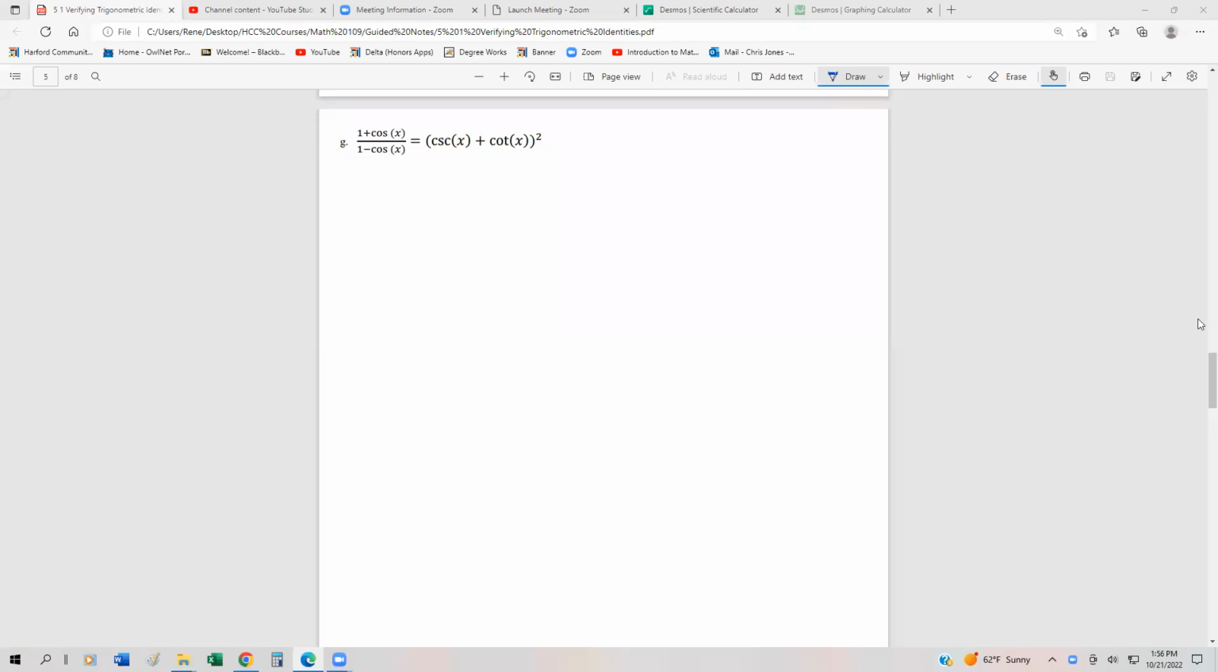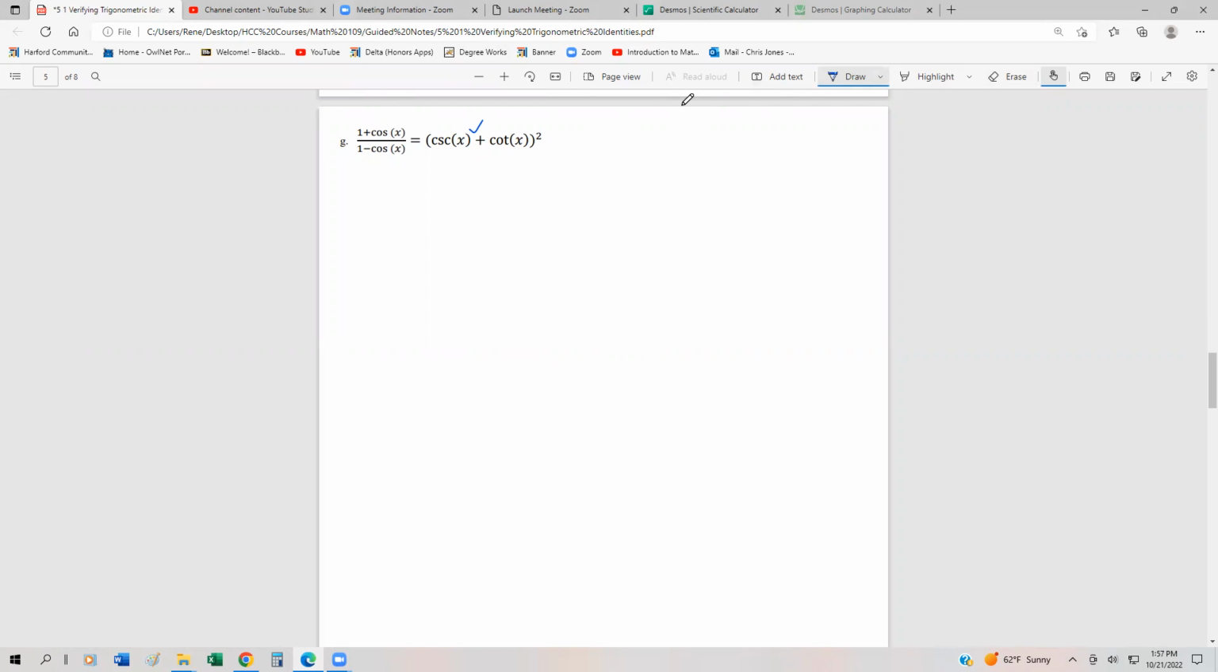So a few more trigonometric identities and verifying those. So we have this (1 plus cos x) divided by (1 minus cos x), and that's equal to (cosecant of x plus cotangent of x) quantity squared. All right. So this is a tough one because a lot of students would start on this side. Most of the time we try to start on the left-hand side. But in this one, we should actually start on the right-hand side because cosecant and cotangent are a little more